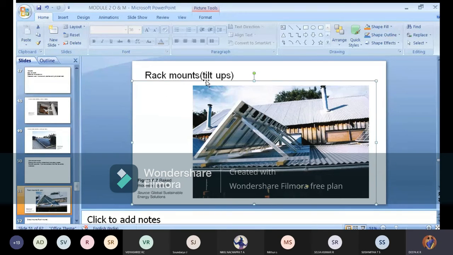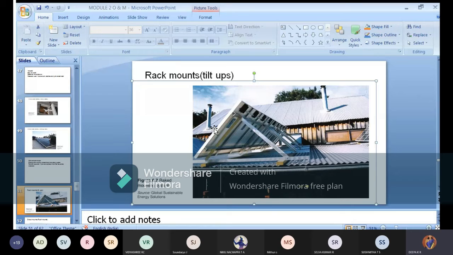Here, as the name says, rack mounts or tilt up, the first thing is you are pushing the panel up using a triangle-shaped structure to uplift the solar panel. That is the first name. That's what people normally call rack mounts or tilt up. Whatever the roof condition, see, here it is somewhat slanted, here it is somewhat flatter. Whatever you consider, you push up your panel using this triangle structure so that you are elevating the array to project more towards the solar angle.